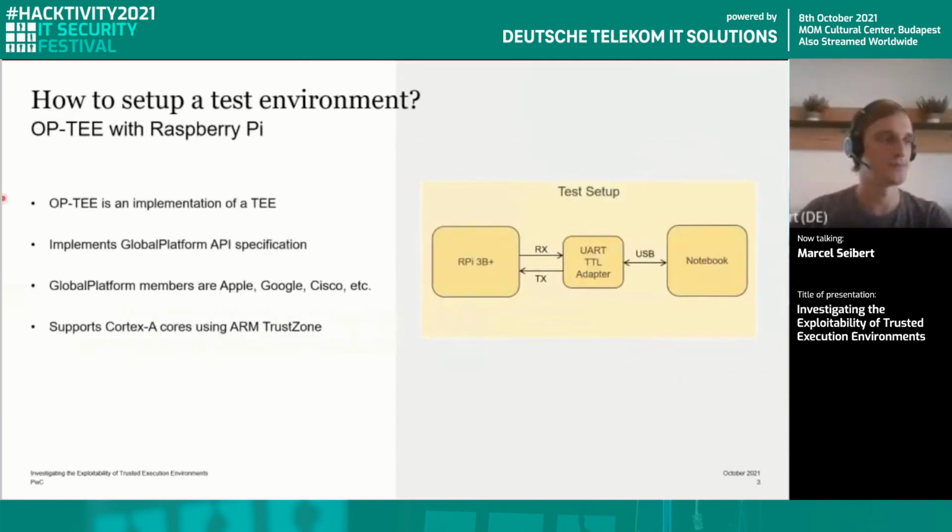How to set one up is we can use some solution I found online, for example, OP-TEE. I think it's a pretty good solution and implementation for a trusted execution environment because it has a good documentation, is quite simple to set up, and it also implements the GlobalPlatform API specification. So this specification describes the API that is exposed to the trustlets and also describes how to communicate with the